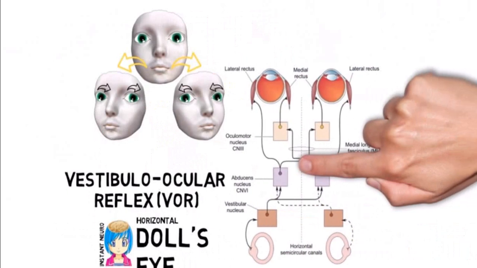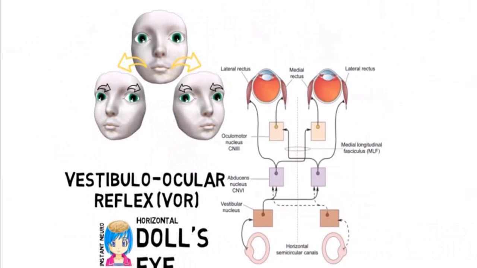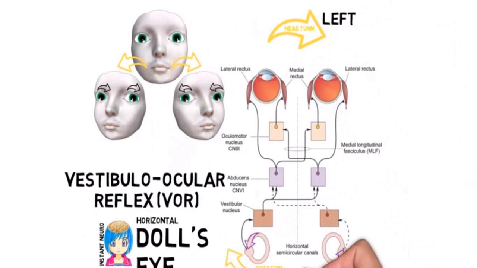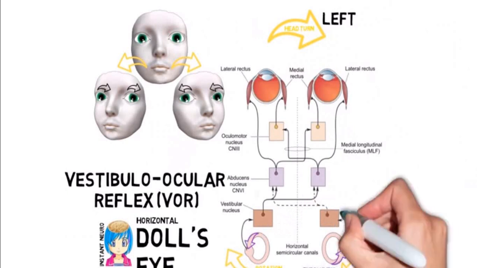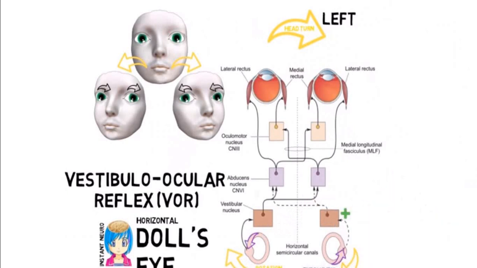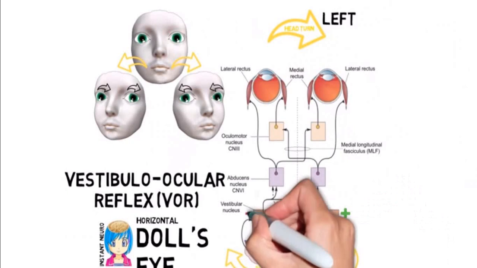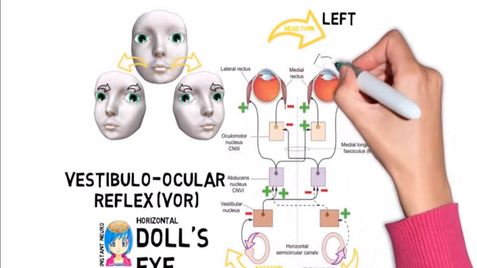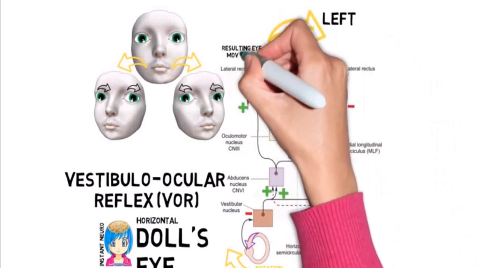Let's review the VOR pathway to understand how this reflex operates in response to an abrupt head turn. If the head is turned to the left, the horizontal semicircular canals, which are fixed in the temporal bone, rotate in the same direction. Due to inertia, the endolymph, the fluid within the semicircular canals, lags in the opposite direction. This increases signaling from the ampulla of the left semicircular canal to the left vestibular nucleus and decreases signaling from the ampulla of the right semicircular canal to the right vestibular nucleus. Ultimately, via connections with the abducens and oculomotor nuclei, this results in contraction of the medial rectus on the left and the lateral rectus on the right, which turns the eyes to the right, that is, in the opposite direction